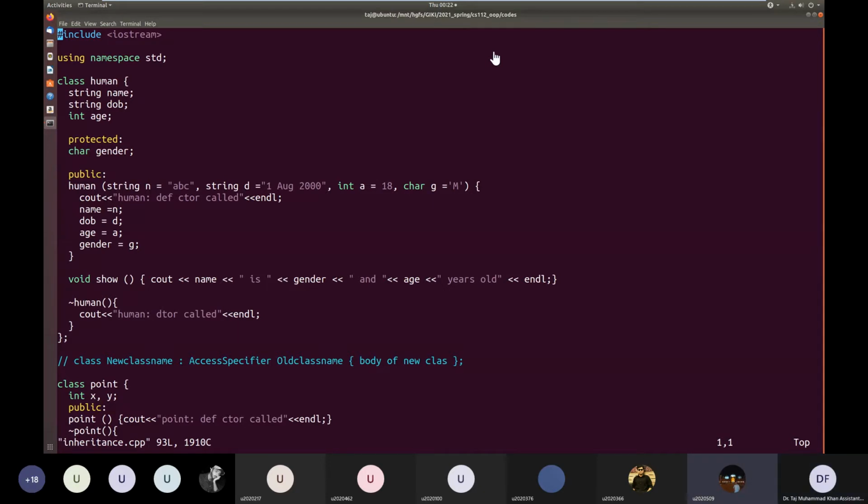Sir, what is the relation between this Dean and human classes? I mean, the relation between teacher and Dean is parent and child. So what is the relation between human and this? For this one level only, you can call them grandparent and grandchild, but then this analogy does not scale. In complex programs, you can have 5, 6, 7, 8 levels of hierarchy. So usually we are only discussing parent and children. We don't have names for all levels of hierarchy. Okay, sir. Thank you. Anybody else has any question?